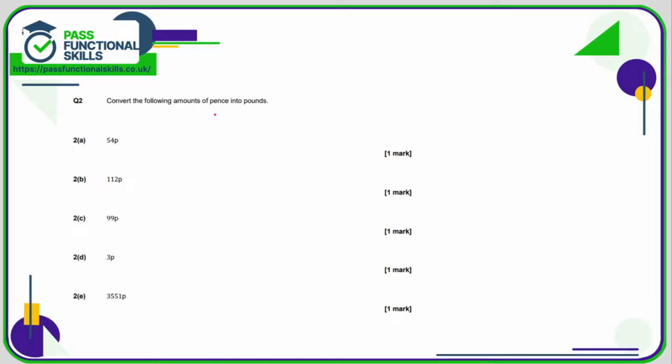Question 2, non-calculator, pence into pounds. So here we need to divide by 100. £1 is 100 pence, so you can see to go from pence into pounds, divide by 100. So 54 divided by 100. Maybe you don't need to overthink this. All we need to do is create two decimal places, but maybe if you're struggling, because this is a real